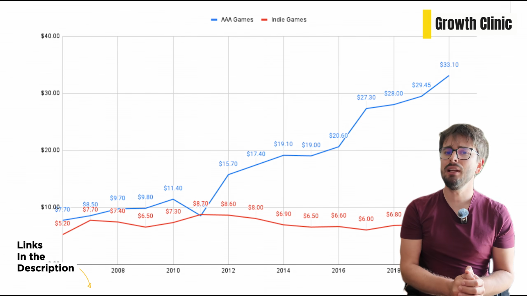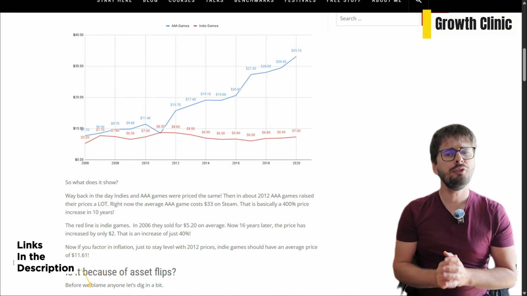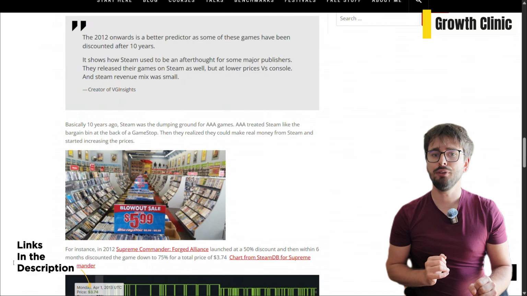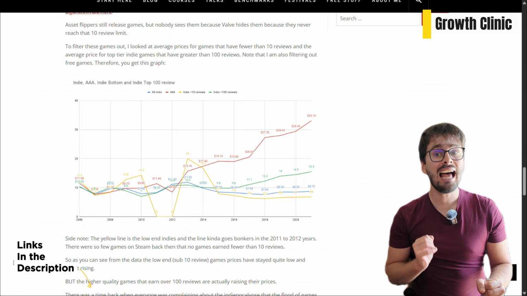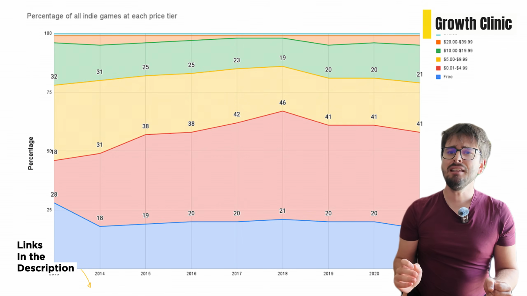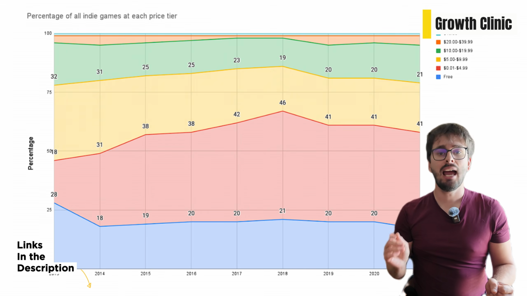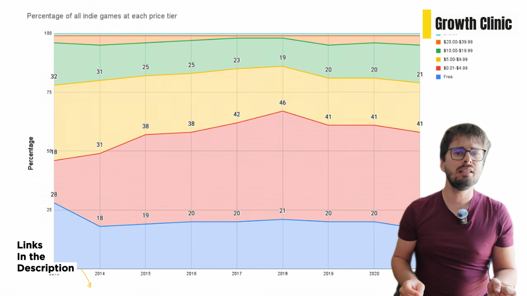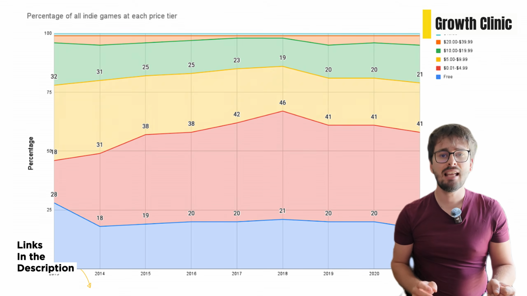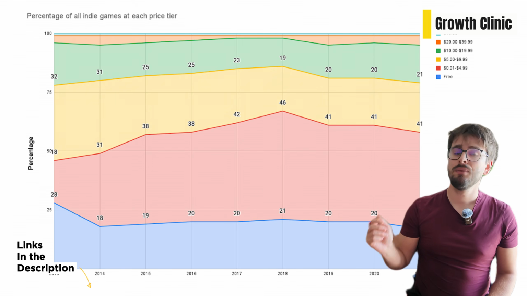In the same period, AAA games reached an average of $33 on Steam by 2022, a roughly 400% increase over the preceding decade. Indie devs held prices flat in inflation-adjusted terms for a decade and a half while every other part of the market moved. The result is that under $5 has become the most crowded, lowest-signal tier on Steam. Asset flips, shovelware, games that went live for a few hundred dollars and were never touched again. Steam's algorithm doesn't have a quality filter at that price point. It groups games by revenue behavior and so on.